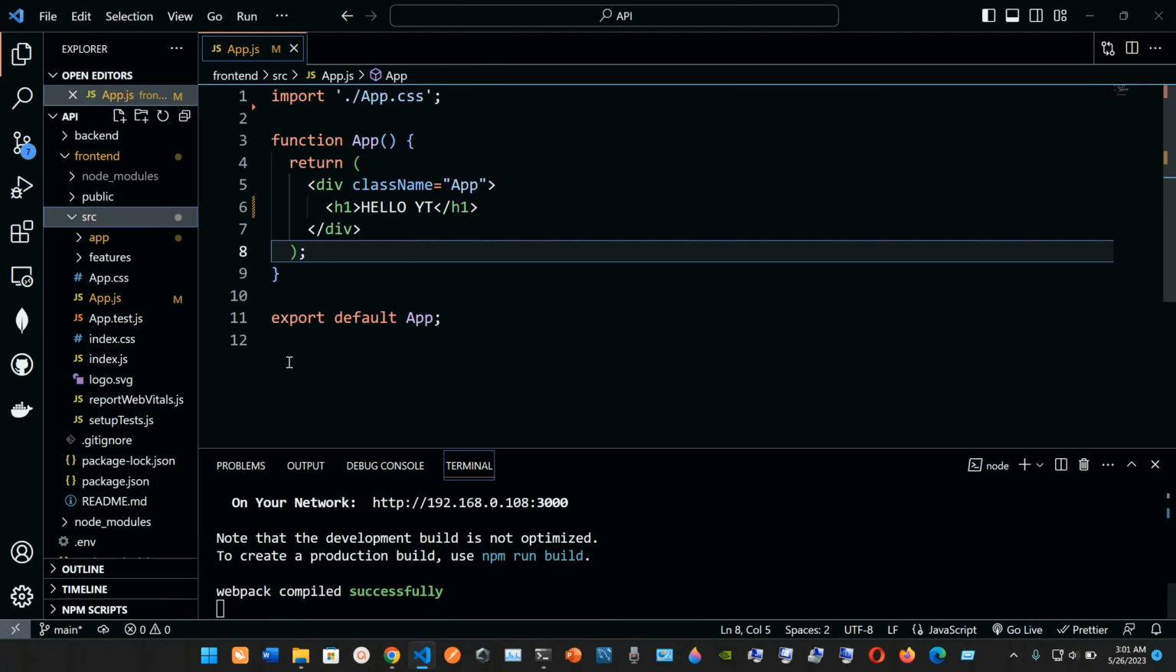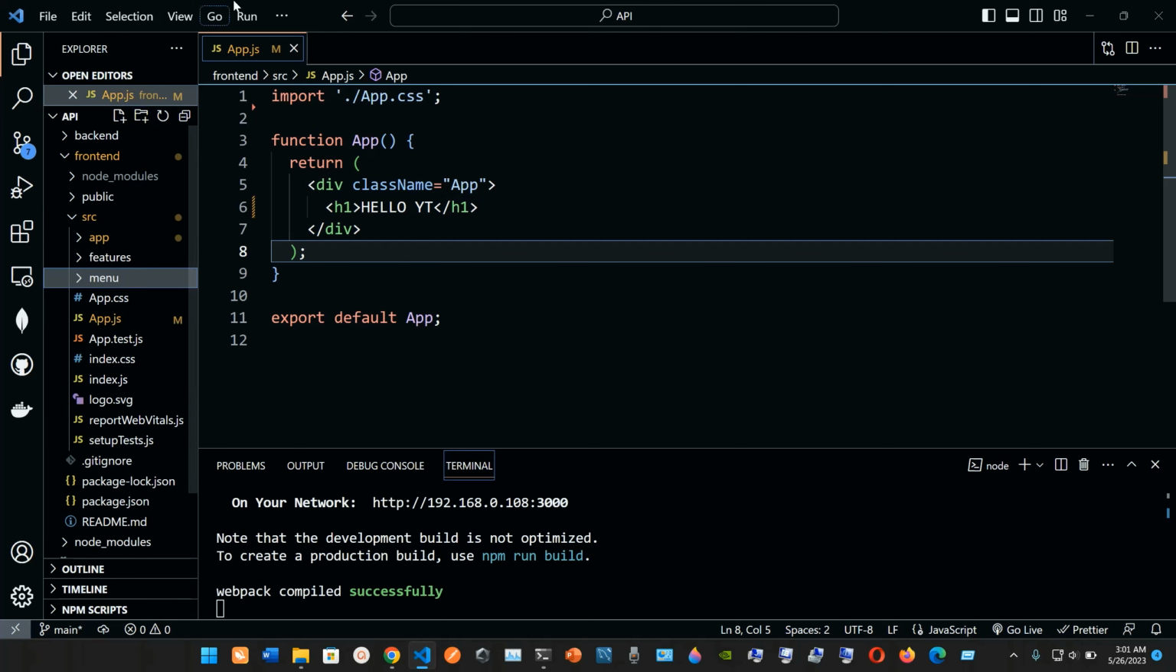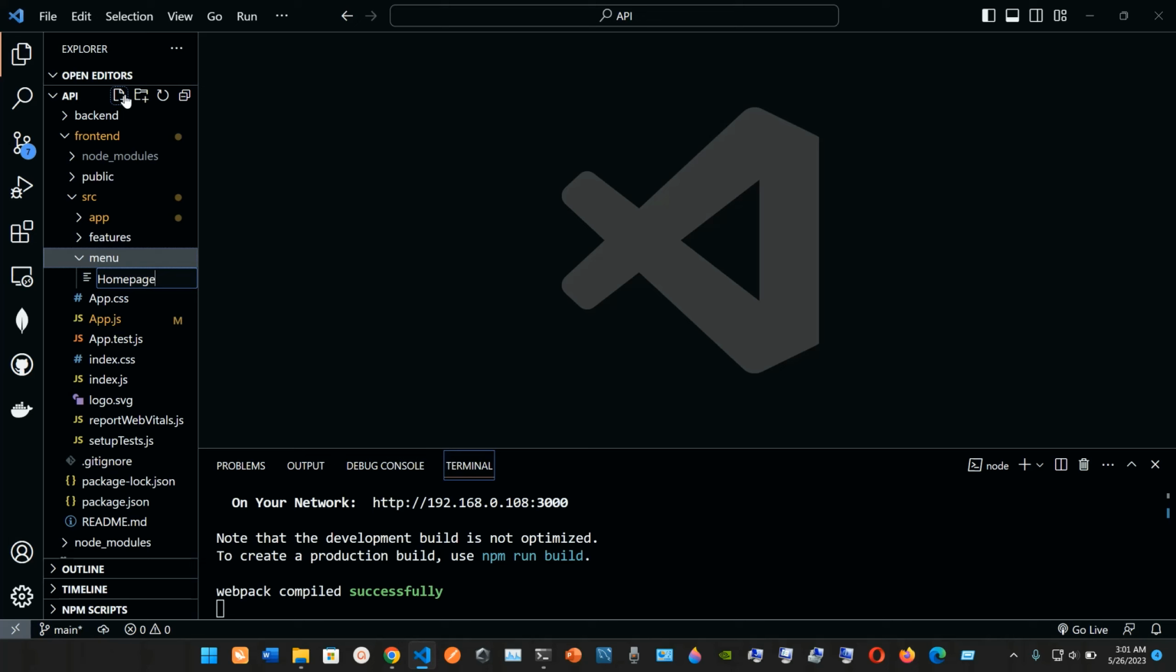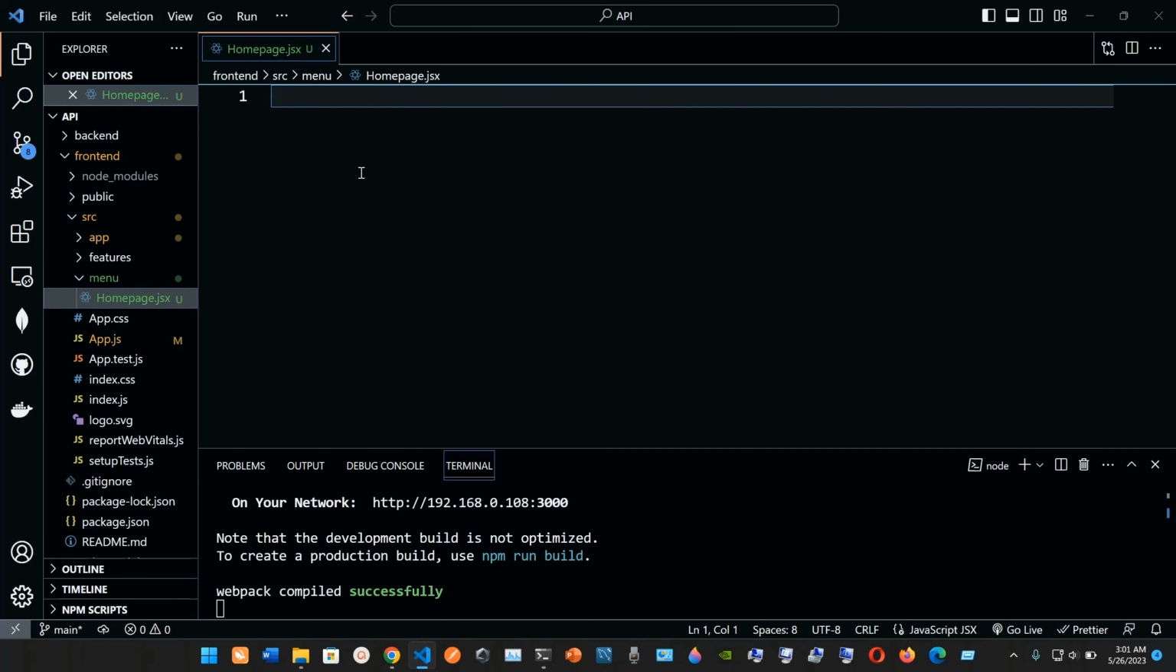So if I go into the source and I create a new folder and I name it, I don't know, menu, yeah, I can name it menu. And inside of menu we're gonna have some files. So we're gonna have home page, and it's gonna be JSX, so the first letter has to be a capital letter. So here I'm gonna type in